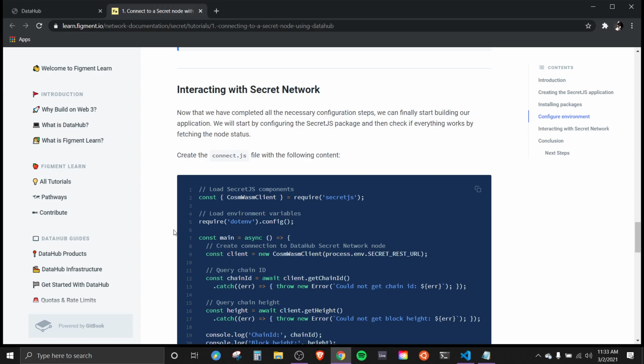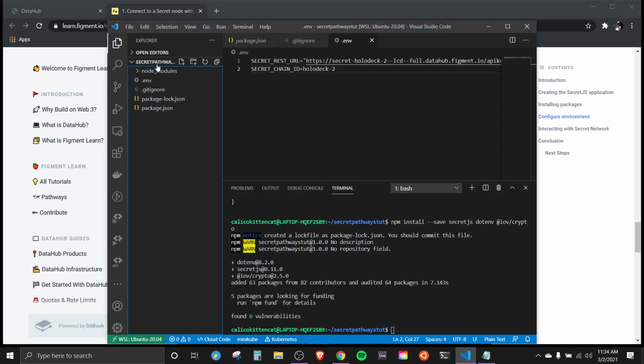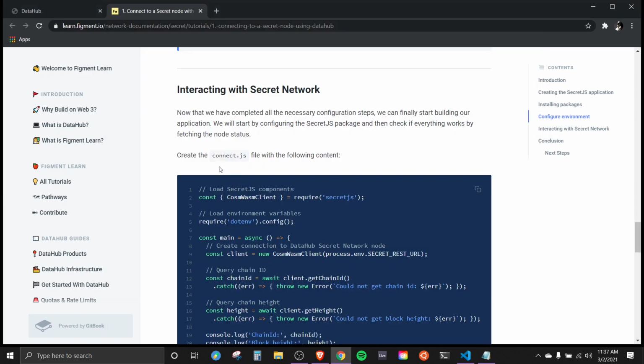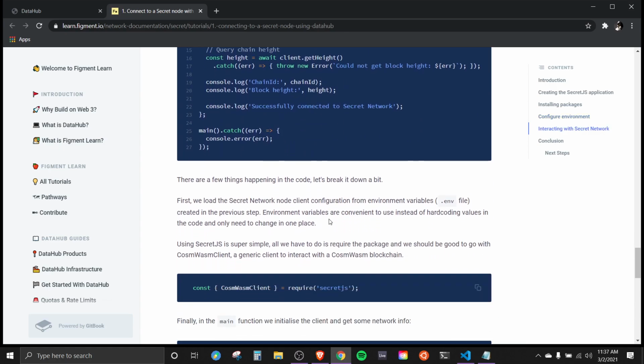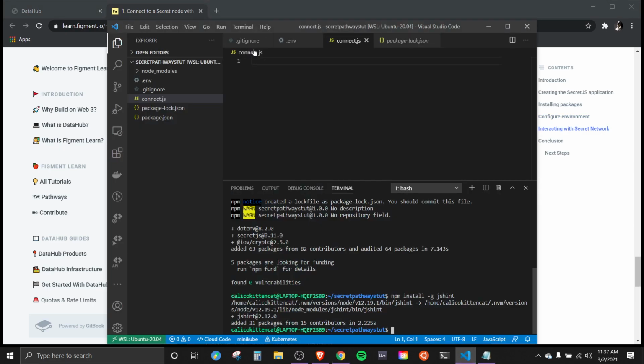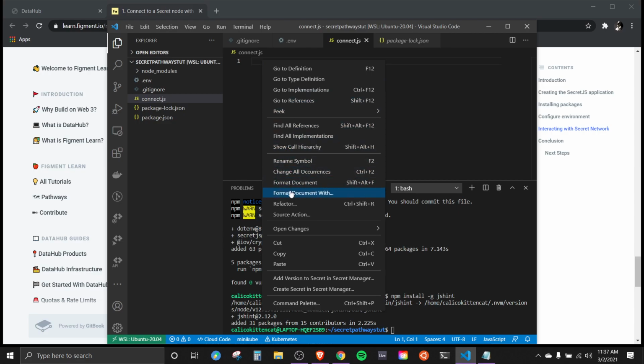All right, now we will interact with the Secret Network. Now that we have completed the necessary configuration steps, we can finally start building our application. We will start by configuring the SecretJS package and check if everything works by fetching the node status. Let's create a connect.js file with the following code. So go in here, create file, connect.js. After we created the connect.js file, let's go ahead and copy this bit of code, put it in our connect.js file,